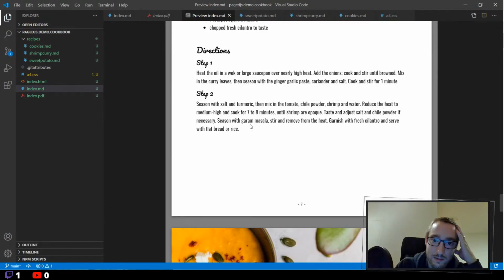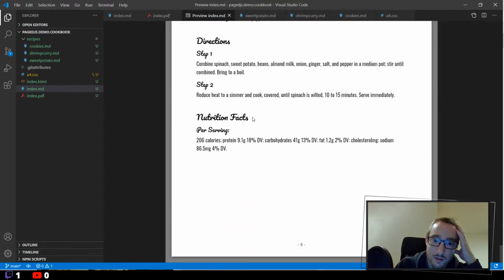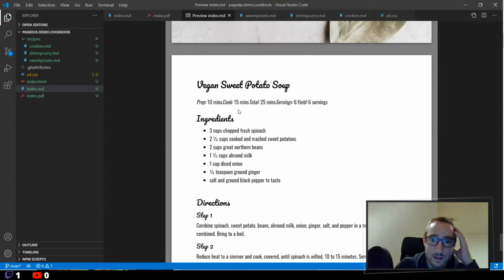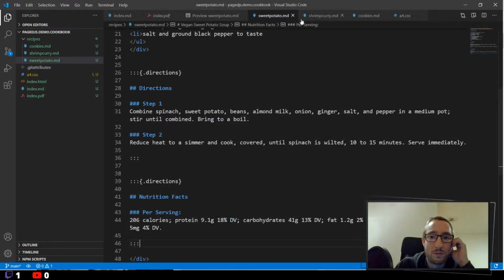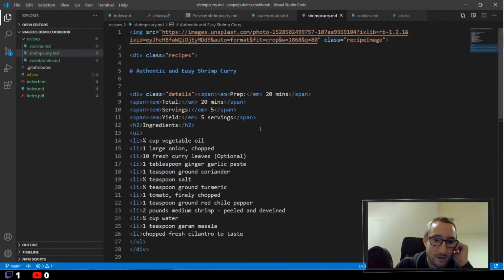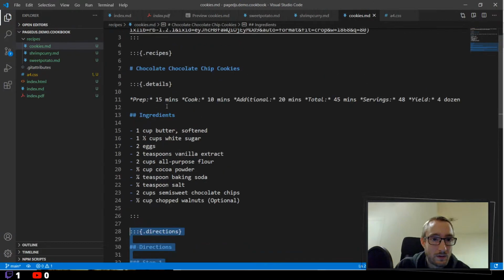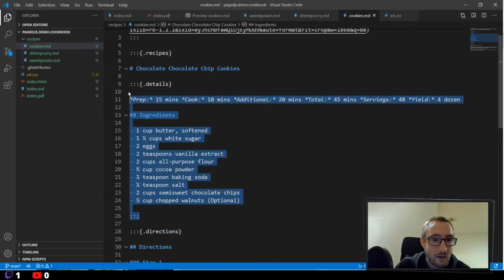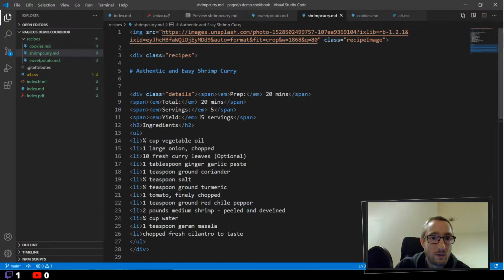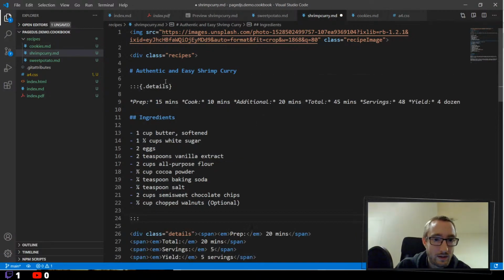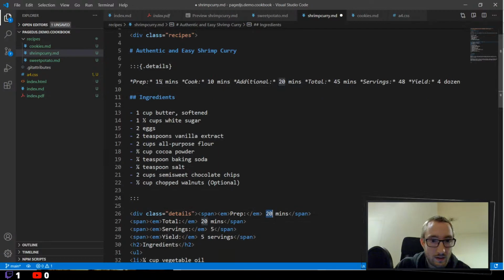Otherwise we see the directions look exactly how they should look, and now we can continue with the top part of these 2 pages. So we have the ingredients and all of this stuff here, and the image. So for the ingredients, we just made this thing here with the details, and let me just copy again the whole details in here, and then just